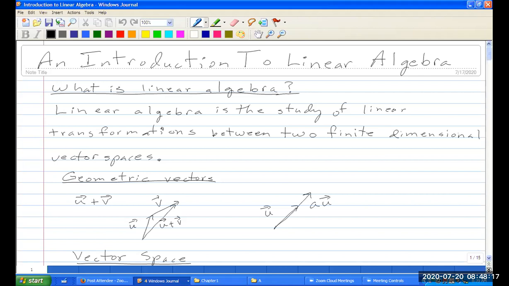Nice and fine, but linear algebra was something I didn't understand. Linear transformation is something I don't know. And finite dimensional is something I don't know. And vector space is something I don't know. So let me at least explain that. So I've given you something you don't know in terms of more things you don't know. But let me explain what I'm